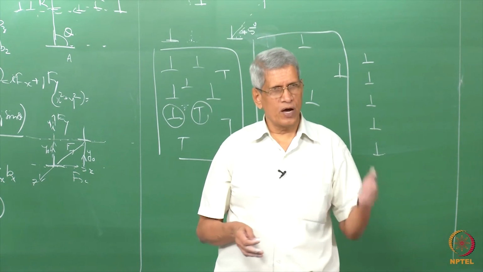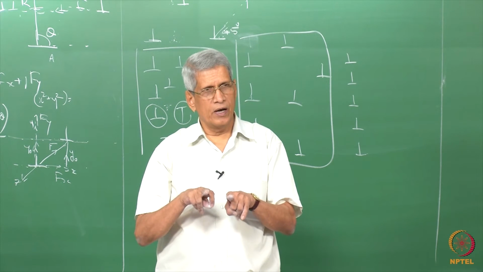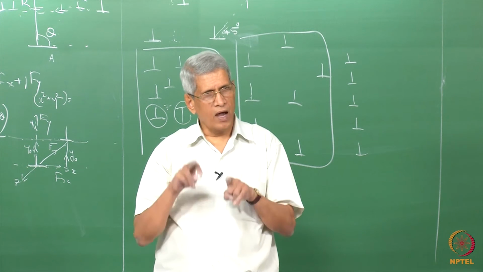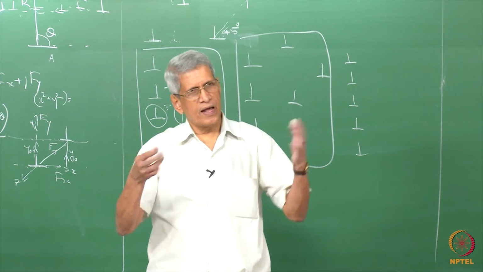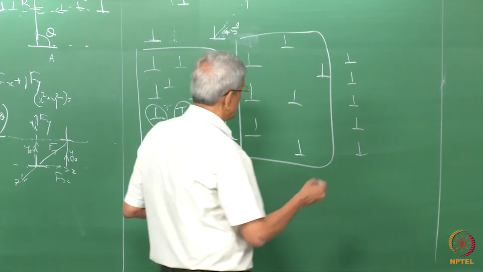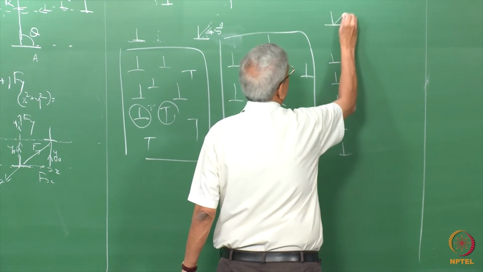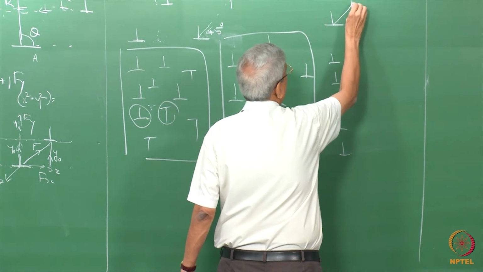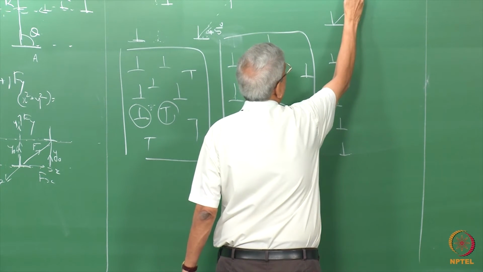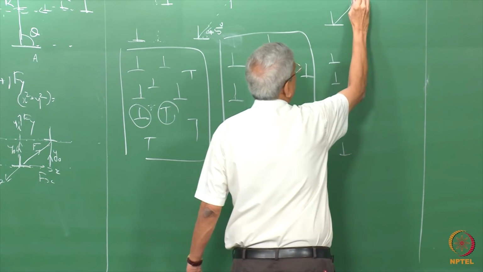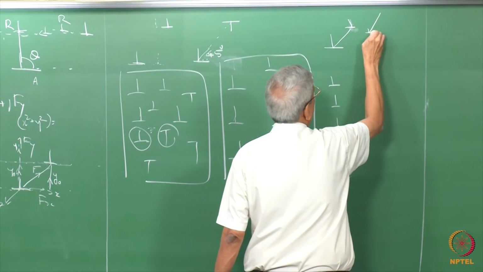That's either for screw or for edge dislocation. That is, the forces between dislocations which are of either edge character or screw character, but they are parallel to each other. That's another case which we can consider. Suppose this dislocation is there, and there is going to be another dislocation present somewhere else here. We assume that there is a dislocation which is there.